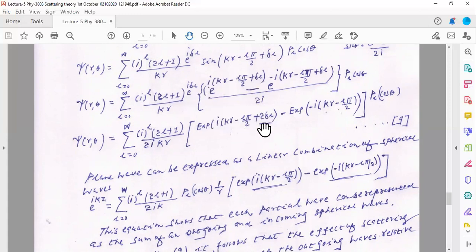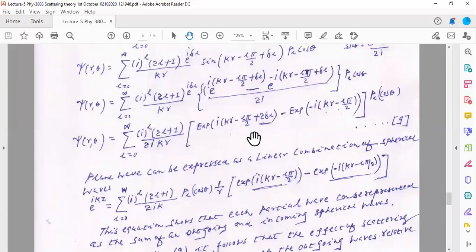So this is the first term you write, minus the exponential of minus i, kr minus L pi by 2, because there is an e to the power of i delta L term and an e to the power of minus i delta L term. The contribution is e to the power of x into e to the power of minus x, which is 1. So that term gives the contribution 1, and I have not written it because it is 1. So when I take e to the power of i delta inside, I get the most general solution psi of r, theta, which I calculated in terms of the phase shift. You see, this is the equation.